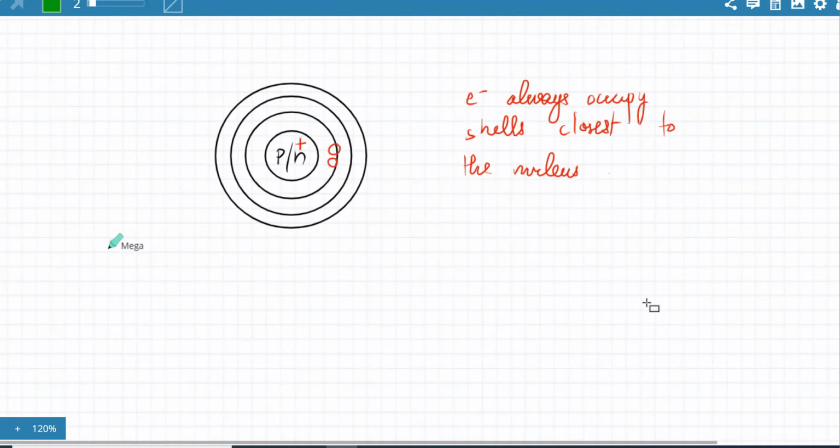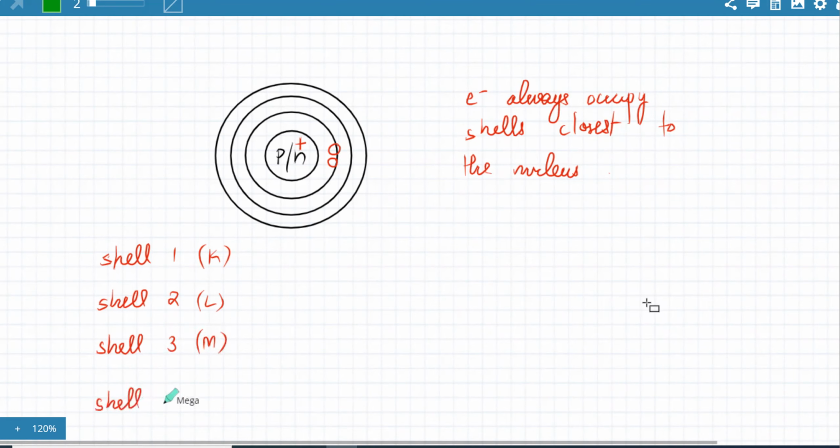Shell 1 is the one that's closest to the nucleus. That's also known as the K shell, or we can call it shell number 1 and put K in the brackets. Then you've got shell number 2, which is the L shell, and so on. Then you have shell 3, which is the M shell,